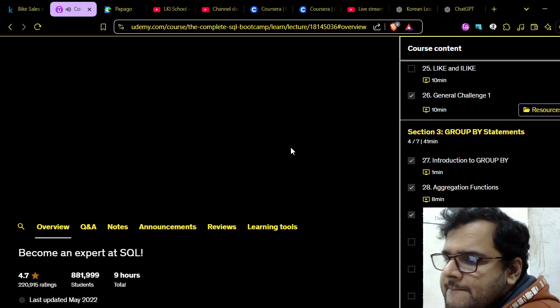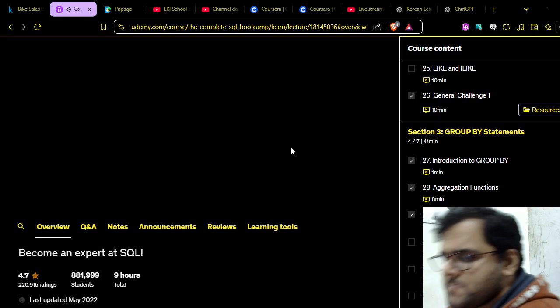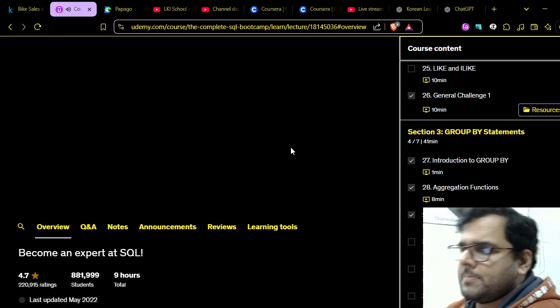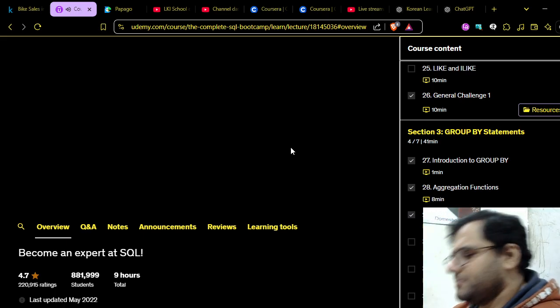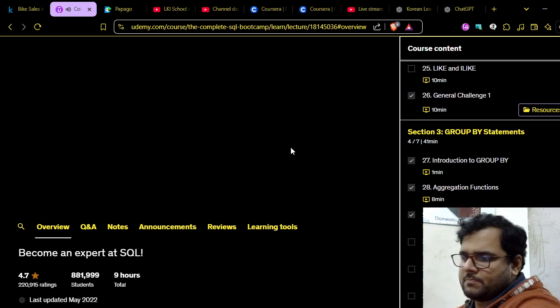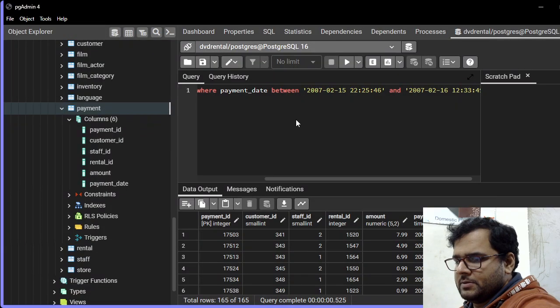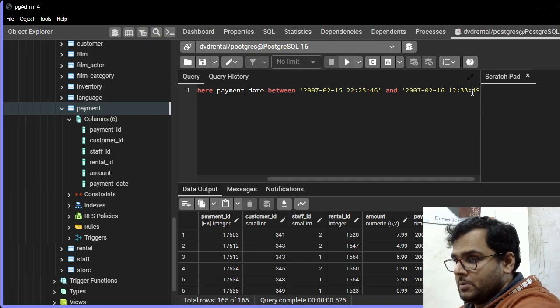Notice I've been saying things like uppercase or lowercase, and that's because LIKE is case sensitive. However, you can always use ILIKE, which is going to be case insensitive. Okay, basically what this is saying,